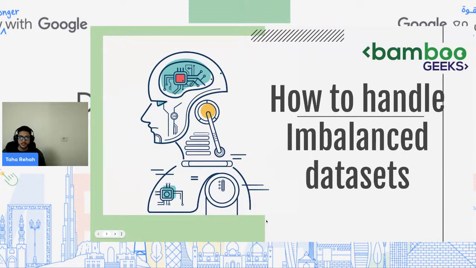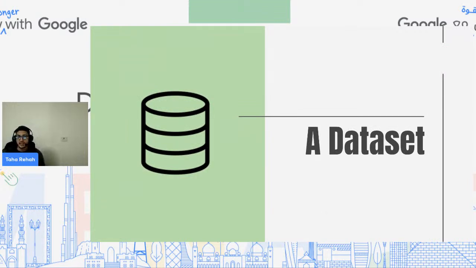So the first word is dataset. What's a dataset? It's basically a set of data, or a sort of data storage. We can say that a dataset is like a database, but in a way that we do not read and write frequently on it. It contains static data. There is no input or output happening on it in real time. So it was collected, then loaded and transformed, then made available for data scientists and machine learning engineers to use.